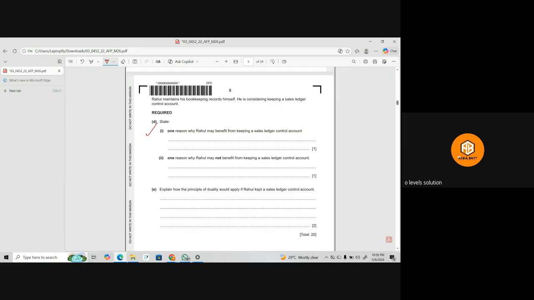फिर है एक्सप्लेन हाउ द प्रिंसिपल ऑफ डुअलिटी वुड अप्लाई इफ राहुल केप्ट अ सेल एज अ कंट्रोल अकाउंट। प्रिंसिपल ऑफ डुअलिटी मींस दैट एवरी ट्रांजैक्शन हैज टू एस्पेक्ट्स। व्हेन अ क्रेडिट सेल इज मेड, सो सेल अकाउंट इज क्रेडिटेड एंड सेल एज अ कंट्रोल अकाउंट इज डेबिटेड, मतलब रिसीवेबल डेबिट हो रहा होगा, सेल अकाउंट क्रेडिट हो रहा होगा। So when the payment is received, the bank account is debited and the sale ledger control account will be credited. तो इस तरीके से डुअलिटी कॉन्सेप्ट वहां पे अप्लाई हो रहा होगा।